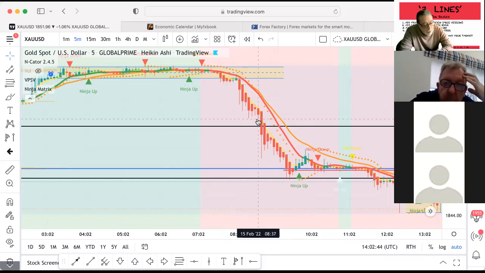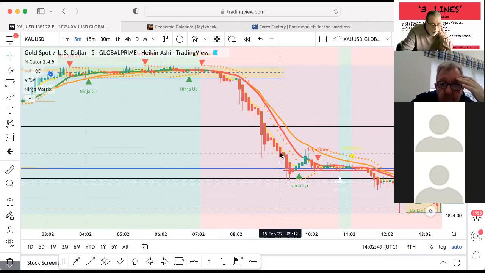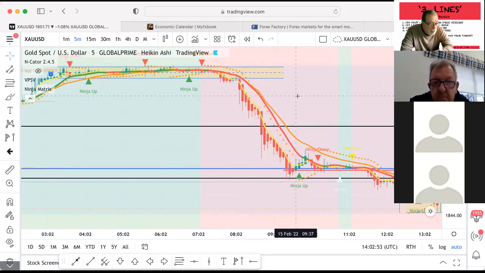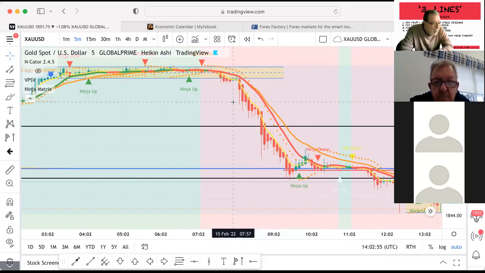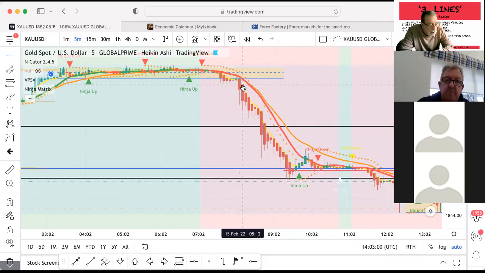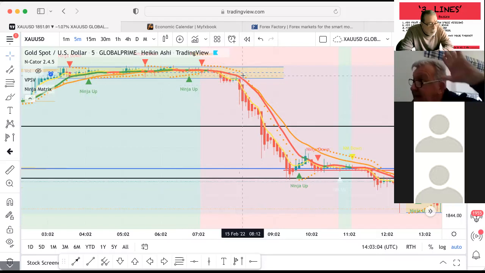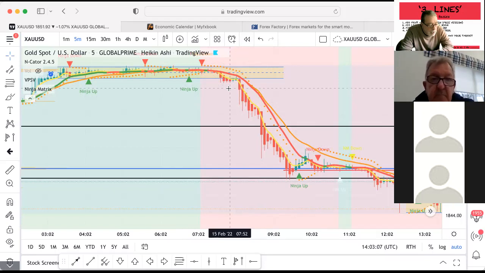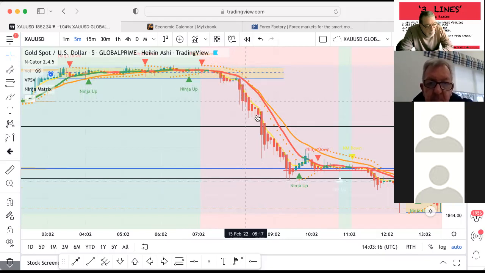So all this way down, I'll be watching this, and in terms of getting out, well, let's talk about stop loss. I'm looking at a 5-minute time frame. So if I got into this trade here, my stop loss would be just above that orange dot. That's a PSAR. So I put my stop loss just above that orange dot. And where would I get out? Well, I would stay in